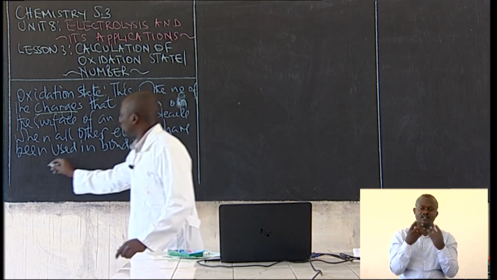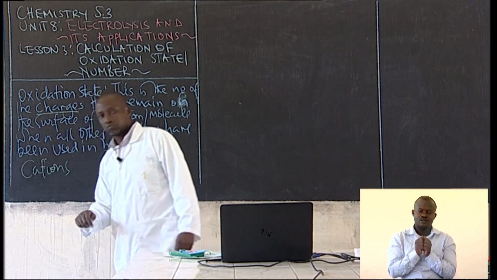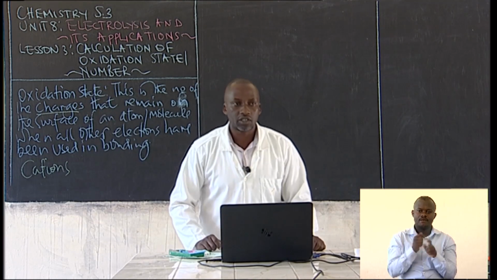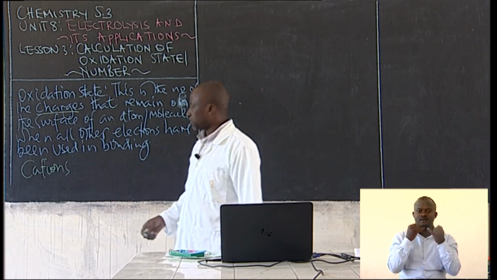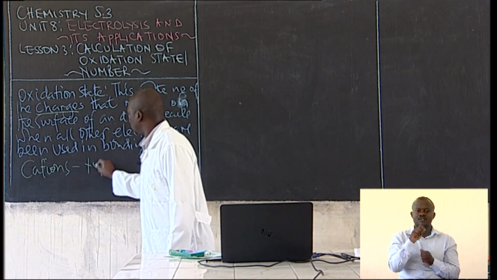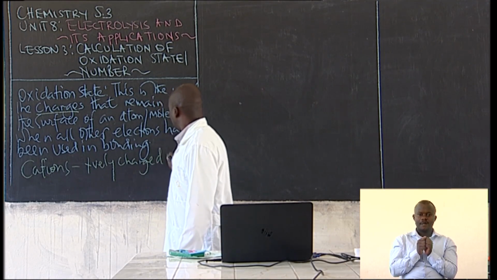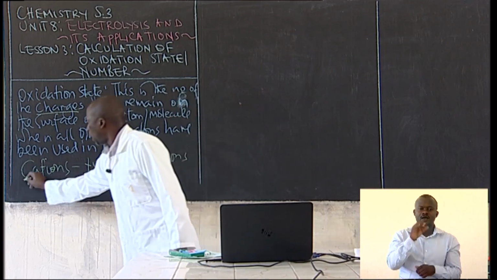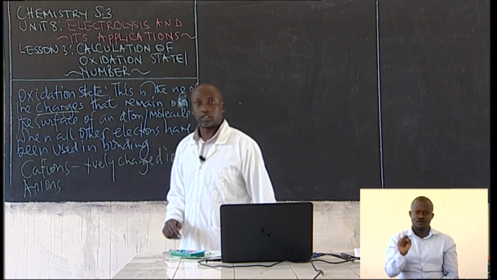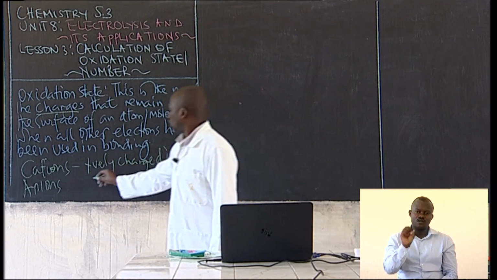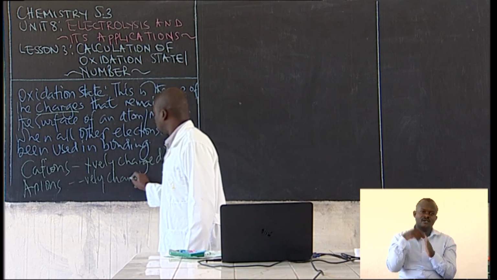We have the cations, whichever pronunciation you use. The cations are positively charged ions. And then we have the anions, not onions, please, anions. These are negatively charged